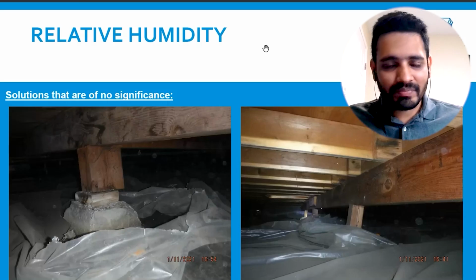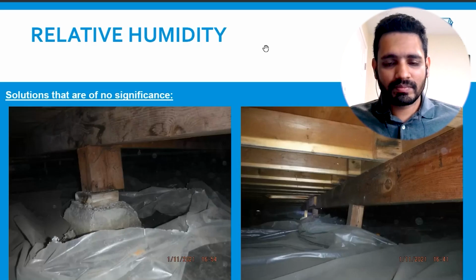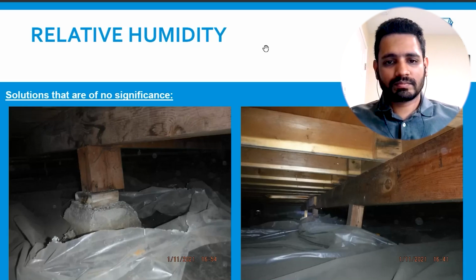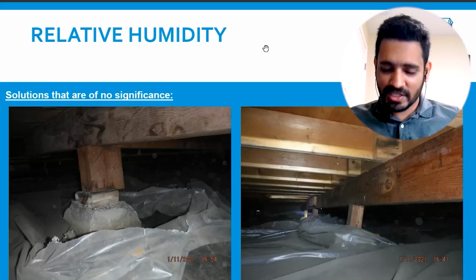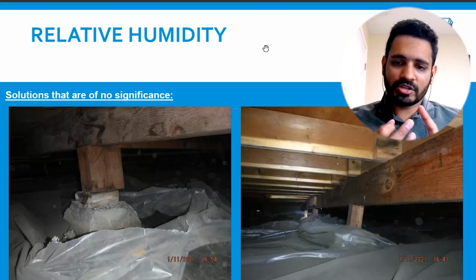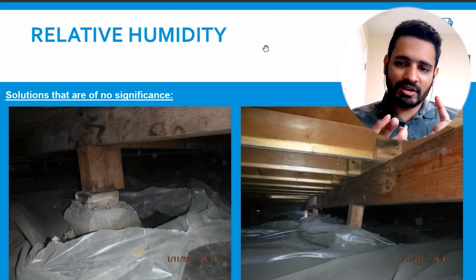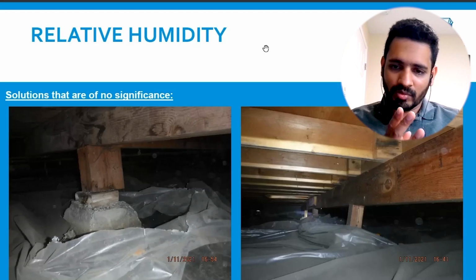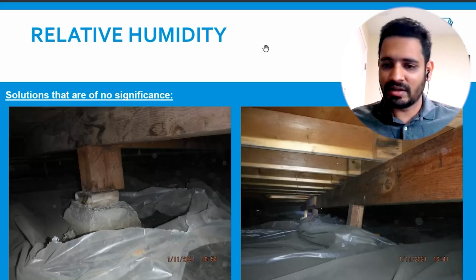Why do you want to seal the place with all this plastic? I don't understand. Are you trying to prevent the moisture from going into the crawl space, to prevent any interaction of moisture with the posts and beams over here? Exactly. Is that so water or moisture interaction with wood, water or moisture interaction with metal, water or moisture interaction with concrete, water or moisture interaction with soil. These are the 4 commonly noticed interactions of water or moisture with building materials that we see in residential construction